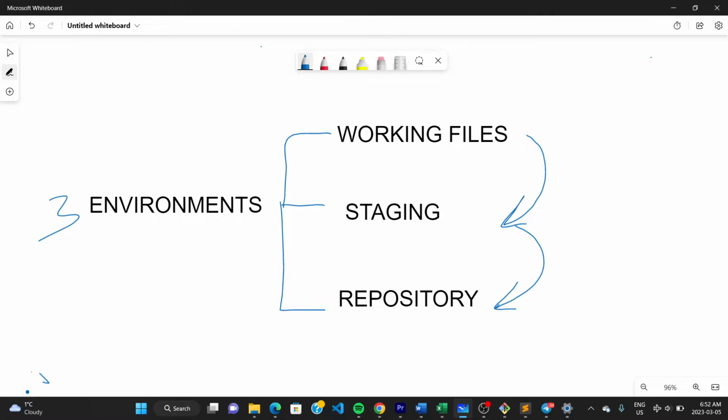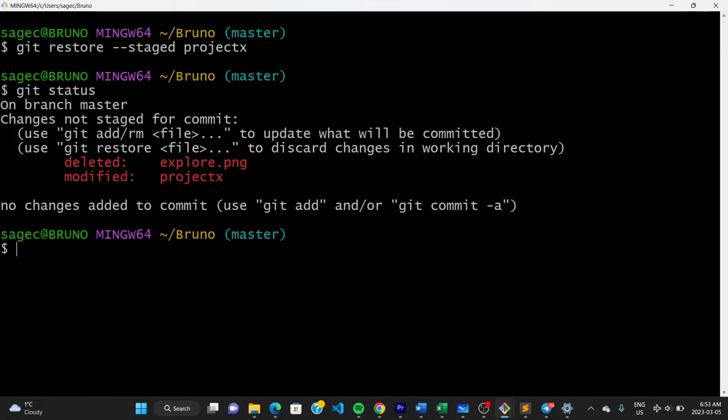However, it's possible to take a file from the working files area directly to the repository. And this is what we'll do next in this video. Let's go back to our terminal. To commit project X without staging, we'll use the command git